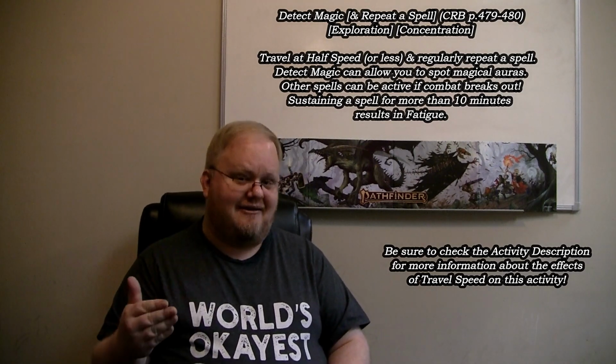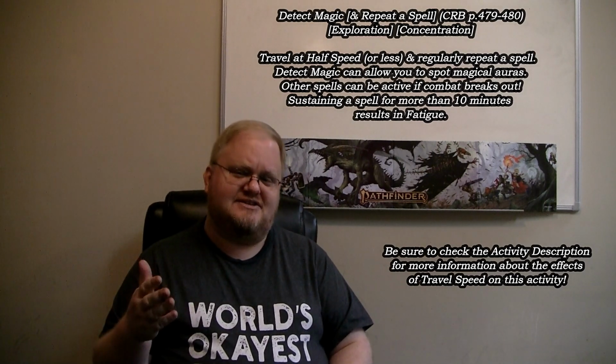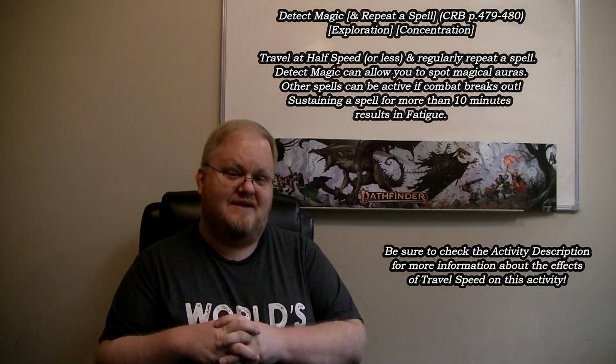If you want to detect magical auras before entering the area of those magical auras, you need to be moving at a speed of 150 feet per minute or less, which translates to roughly 15 feet per round or less. So typically with detect magic, especially if you're trying to be super cautious, you are going to be moving very